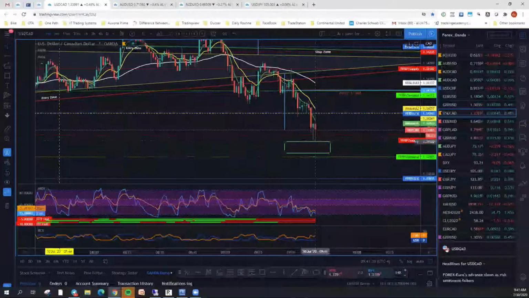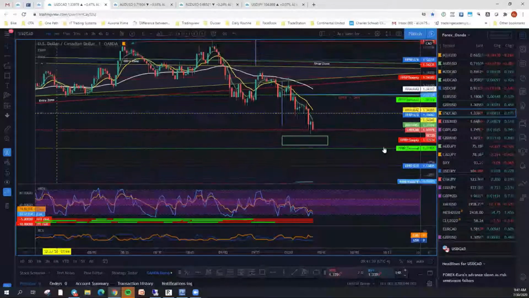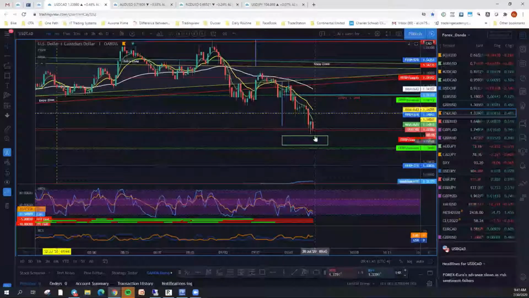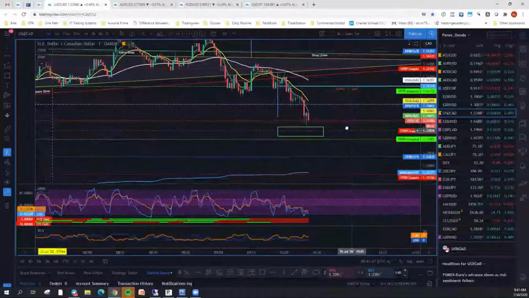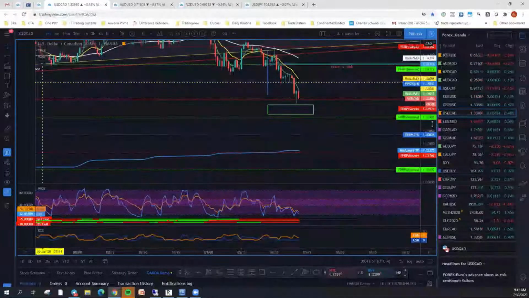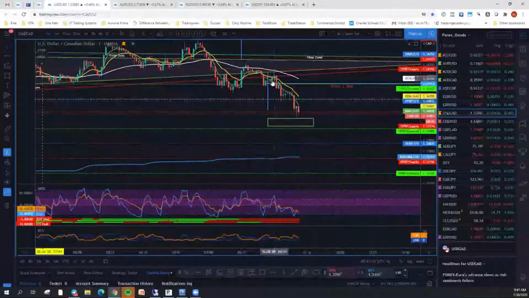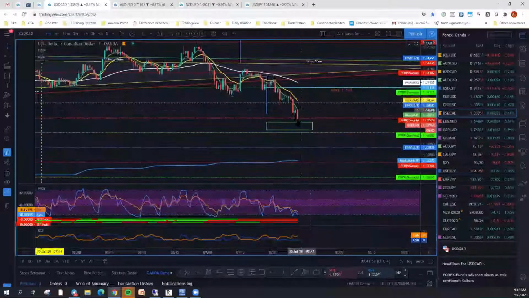You see it came right down to the top of that area. It could still come down and penetrate. It's got this green line. It's probably going to be looking at this green line here, and then maybe possibly get another bounce to hit back up again. Or it could keep going down to who knows where. But right now, that was nice. I was able to get about 12 pips out of that little trade there.